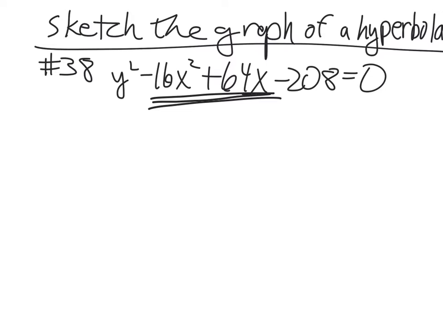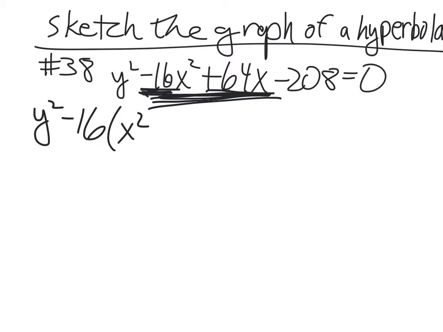But the x part, we're going to have to complete the square to get it into (x minus h) squared, which becomes a lot more difficult because of the coefficient. To complete the square, we have to have 1 as the coefficient of the squared term. Well, that means we're going to have to factor out negative 16. That'll leave us with x squared, but then what? Minus